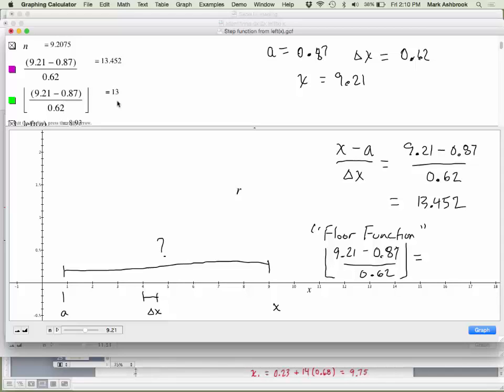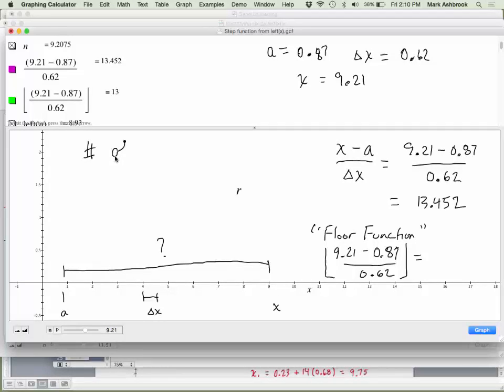Floor is the operation that just removes whatever extra you have from the last whole number. It just takes it away and gives you the greatest whole number less than whatever value you put into the floor. And that's what we want, to get the number of completed intervals. Therefore, the number of completed intervals is,